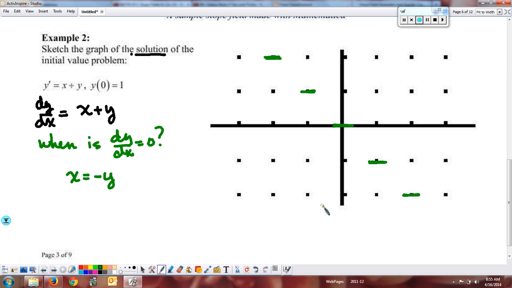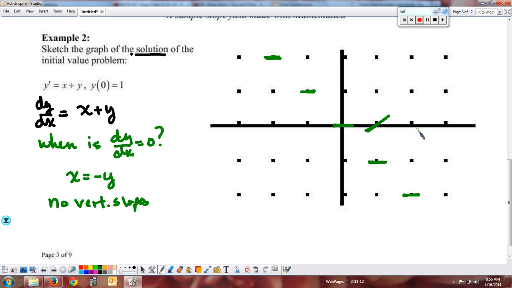Okay. And then at that point, you're like, was there any time that you have a vertical slope? No. So there are no vertical slopes. Okay, we don't have any division by 0 in this problem. And then we just start playing around with it. If I were to plug in, say, 1, 1, I would have a slope of 2. Okay. Before I put the 2 in, is there any place where I have a slope of 1? Say 1, 0. Let's do that one and get my slope of 1 in,